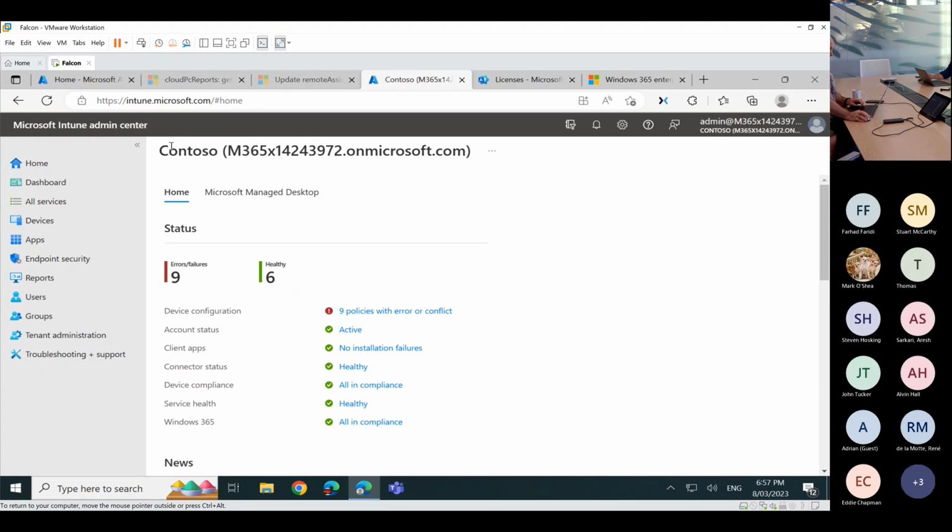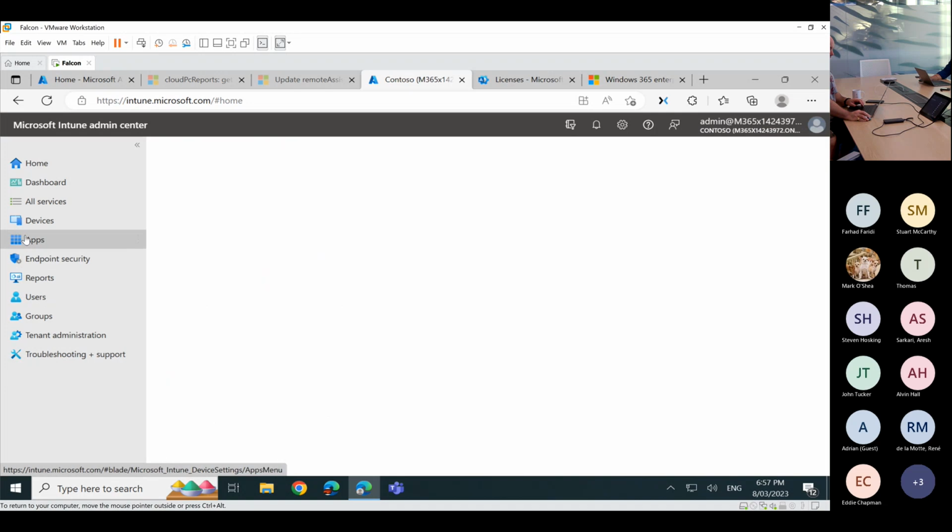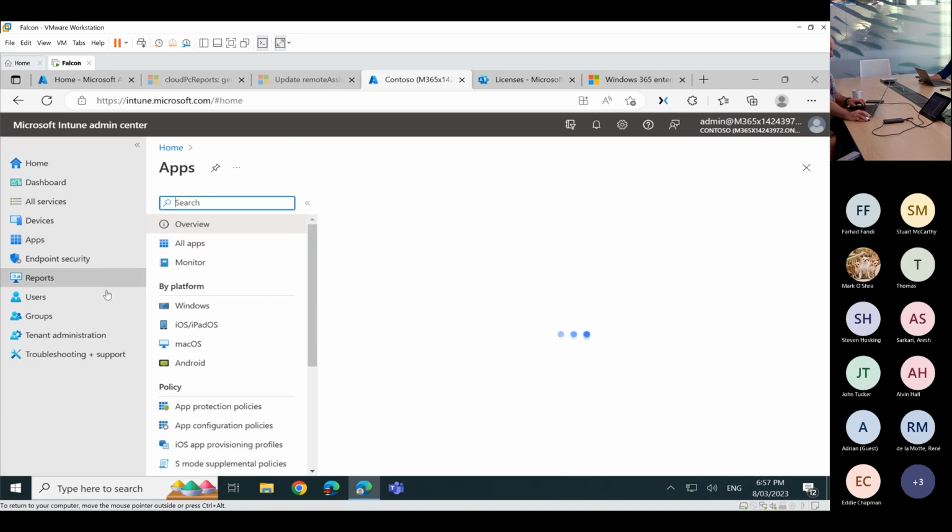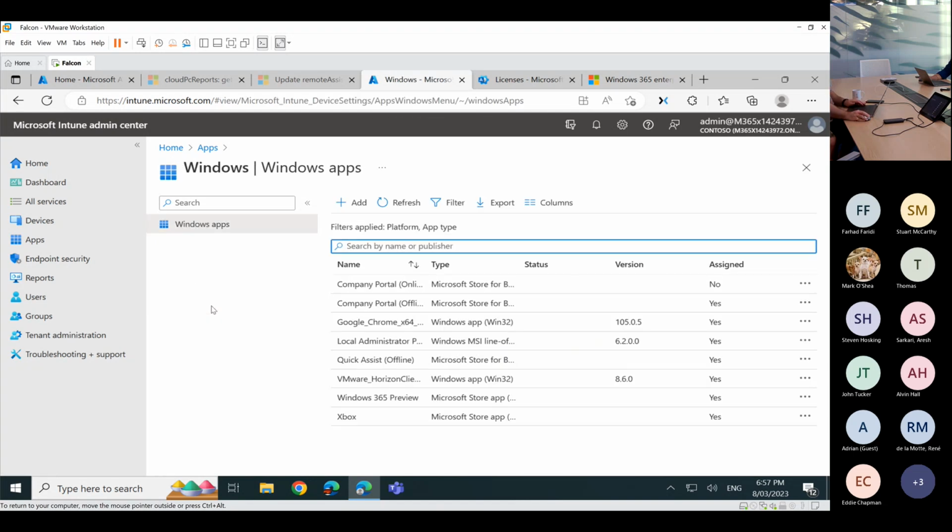Now comes the next point, which is what apps you want to deliver onto the Windows 365. So essentially, if you went into the apps, in my case, what I'm trying to reproduce out here is I'm trying to give out a few applications onto the platform. So what I'm delivering is a Chrome browser.